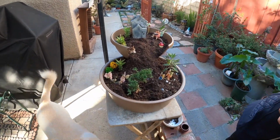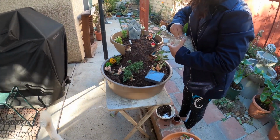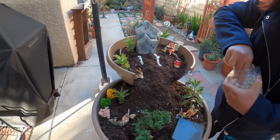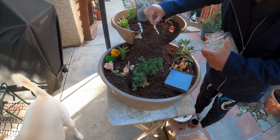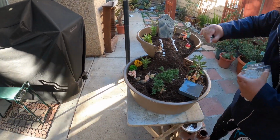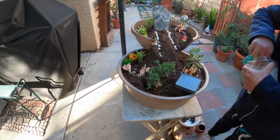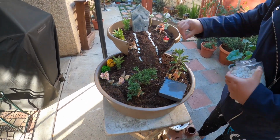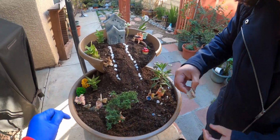Okay, and then you can put the stone. Like a decorative stone. Oh, yeah. Like a pathway to your house. Like a big one. Yeah, so as you can see. Okay, so probably we can put